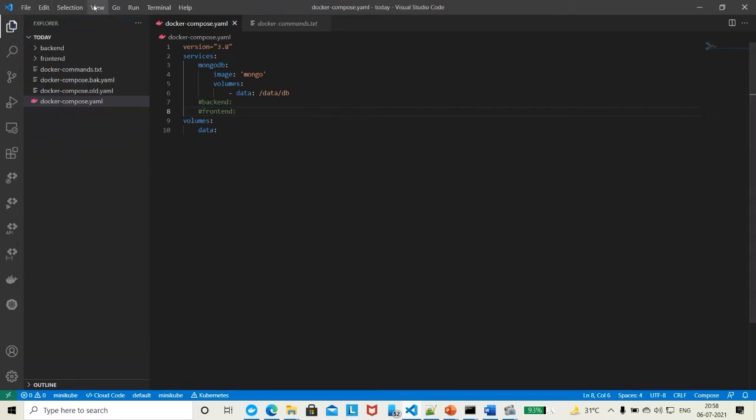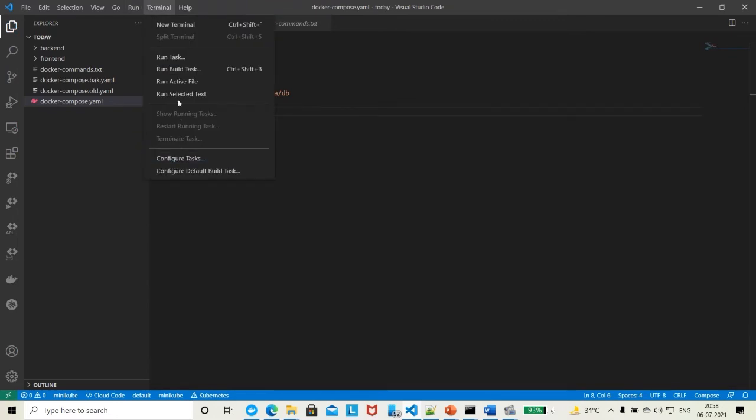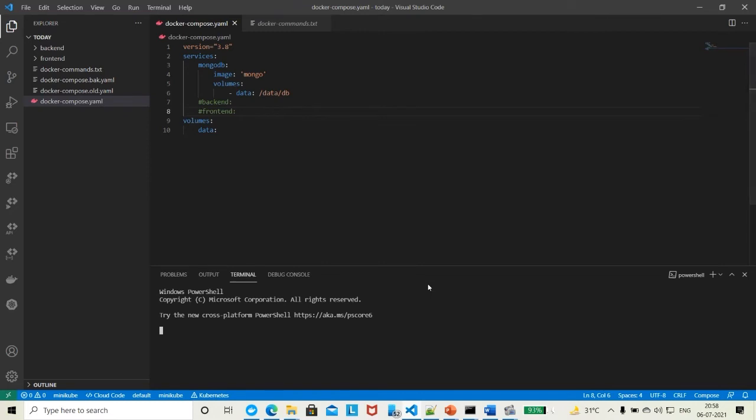We will go into the terminal. Yes, so the command is docker-compose up. This will build the image as well as bring up the container.